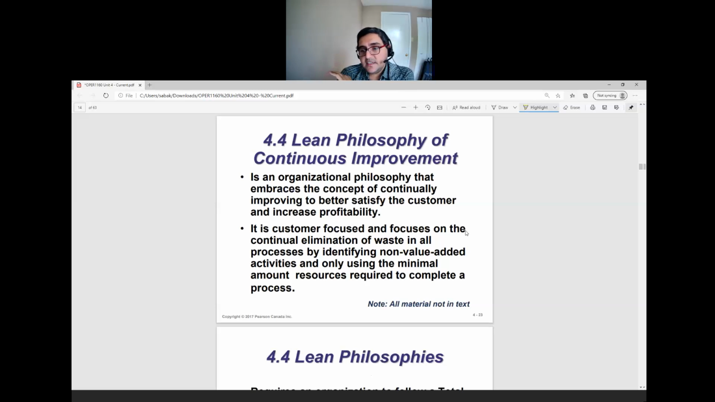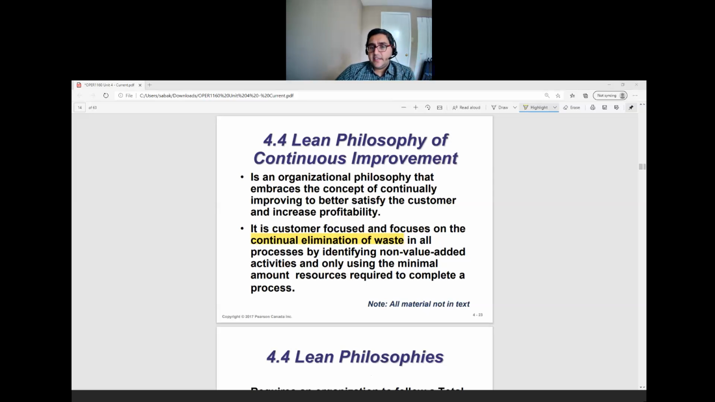So the second thing which we will be describing here is called the lean philosophy. The word lean typically is not there in your textbook. The word lean typically refers to removing waste from the items. So, for example, it is an organizational philosophy that embraces the concept of continuously improving things to meet the customer. So what it focuses on here, the key thing of lean, is the continual elimination of waste in all